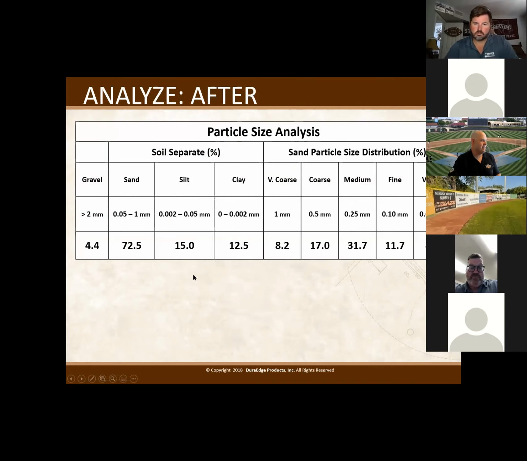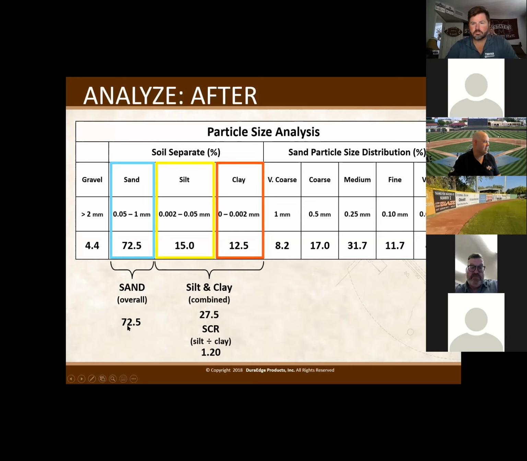So after that 25 tons was tilled in and a soil test was taken, at this high school, we took the sand particle sizing to 72.5%. We took the silt, which was at 45%, and we brought it down to 15%. The clay, we took from, I think it was like 6 or 7%, and we drove it up to 12.5.